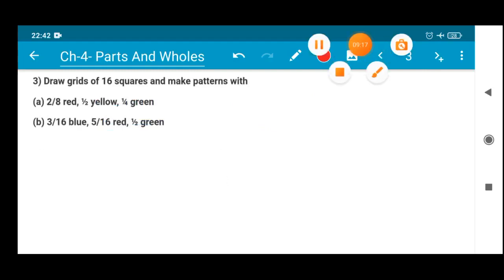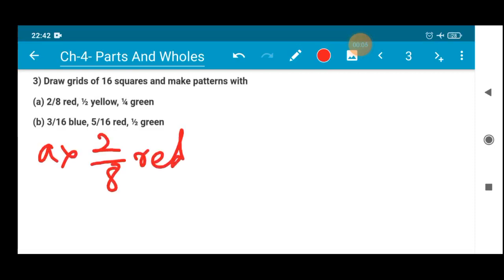The next and the last part of this question, that is question number 3. Draw a grid of 16 squares and make a pattern with 2 by 8 red, 1 by 2 yellow, 1 by 4 green. Okay, let's do it. So in order to do this, as they have said, we have to draw 2 by 8 red. So in order to do this, we have to do a simple calculation. First of all, the calculation is